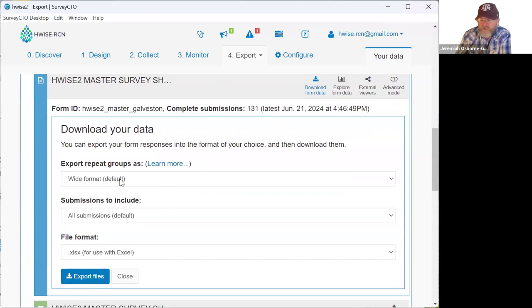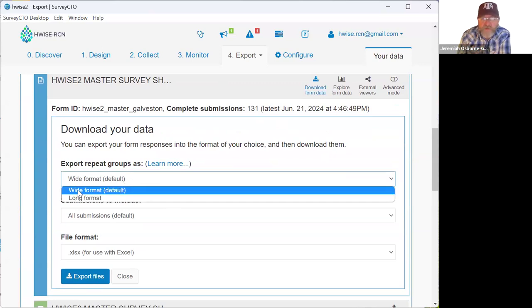In here, we're going to do this a couple of times because you want to download the data in a couple different ways. I'll explain real quick here. It defaults to wide format. Wide format just takes all of your questions, all of your variables, and